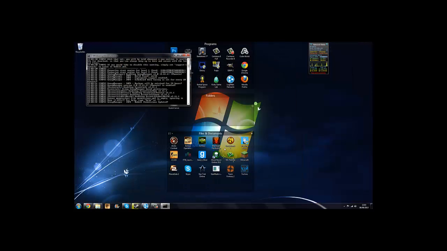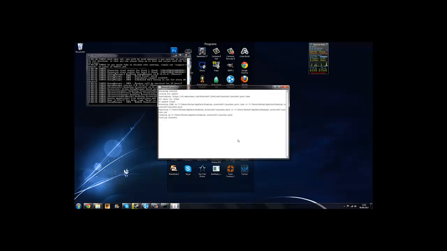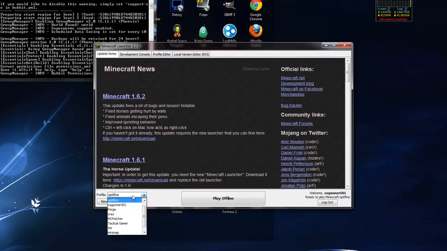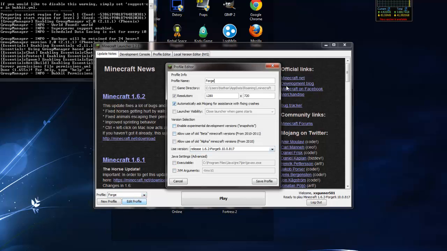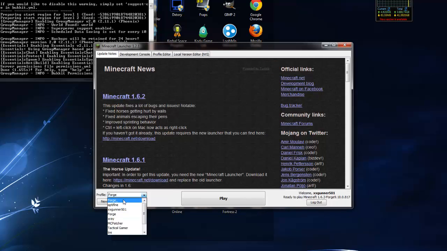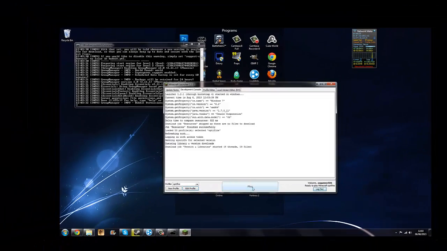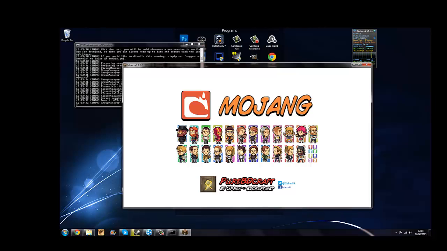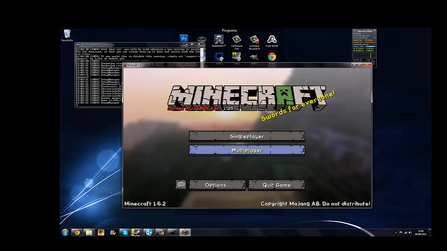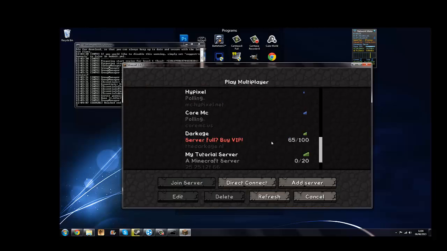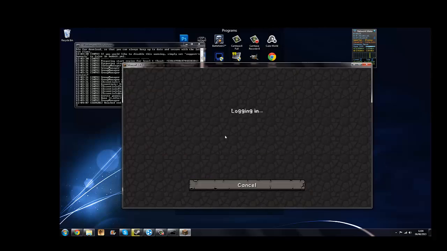Just start your Minecraft up like this. Go down to your server, join it,